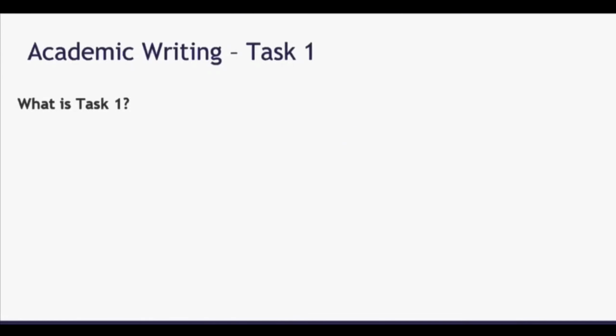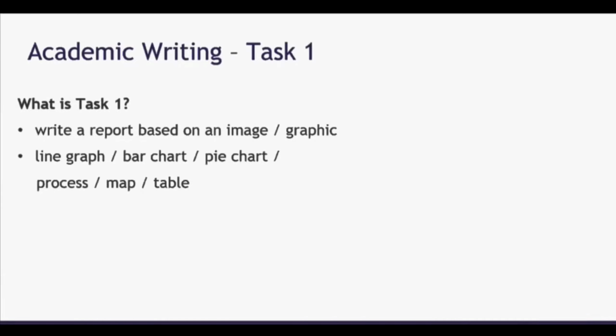Now, academic writing task 1. What is task 1? In task 1, you are required to write a report based on an image or graphic that you are provided with, and you need to write at least 150 words about it. You may be given any of the following types of visuals: